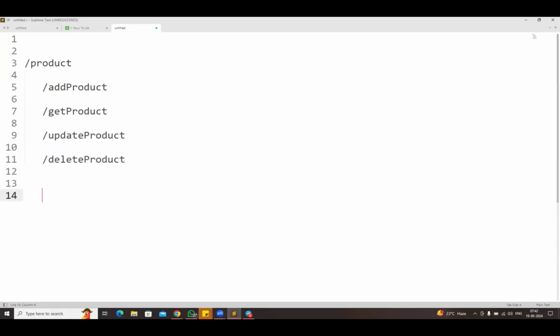These are the method level URL patterns and this is a class level URL pattern. In the API gateway, we will specify /product/*. So any request which comes with this URL pattern, after this it can be anything, should go to the product service.